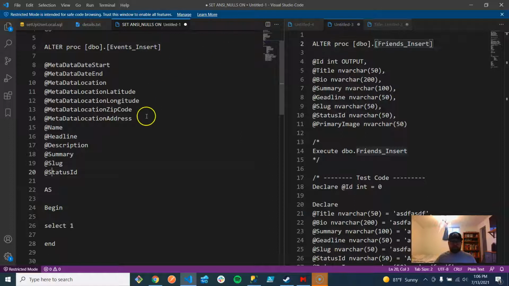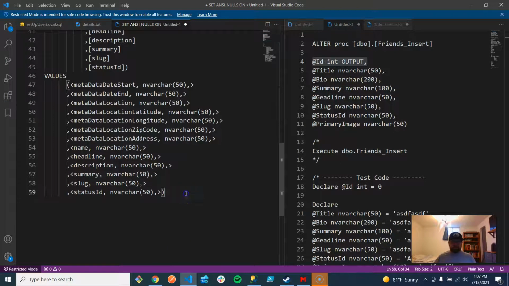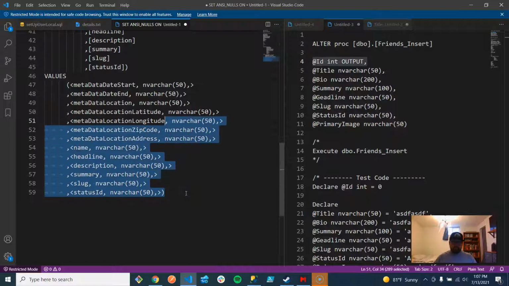All right, so we've got slug, status ID, all that good stuff. One thing I don't see in here, I am going to want to define the ID as an output. Not 100% certain on why I need to do it that way quite yet, but it'll come with practice and more research. All right, so same thing, selecting this again, multi-line select,